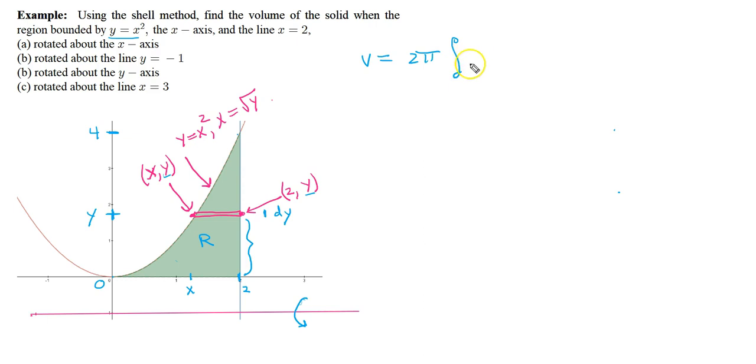Okay, so now what we need is the radius of our shell. That goes first. So the radius, I'll write it like this, radius times the height, dy. Now the radius is going to be the distance from your axis of rotation to your shell. So this distance right here, label it right there,